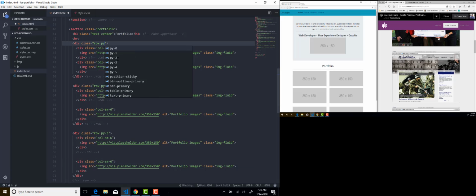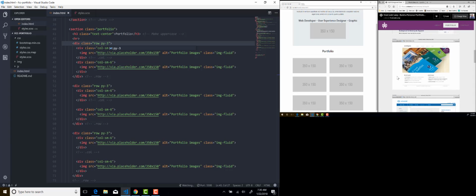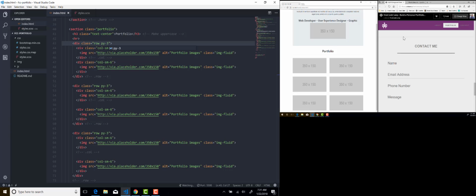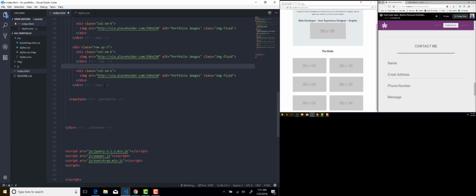Each of these rows should have a py3 on there, just to make it look even. Okay, so I got that. That's the portfolio section. And it looks like he's got a horizontal rule. Here we are again with this. It's gonna bug the crap out of me. How about that? I'll get to the end of this little section here, and then we will call it